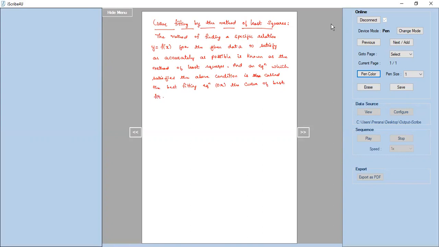Means given the set of values of x and y, we are going to fit a particular curve. A particular curve might be a straight line equation, might be a second degree parabolic equation, etc. So in our syllabus, we will be dealing with fitting of a straight line y is equal to ax plus b or a plus bx. And we are going to fit a second degree parabola of the form y is equal to a plus bx plus cx square. And we also fit curves of the form y is equal to a into x power b. So let us see them one by one.